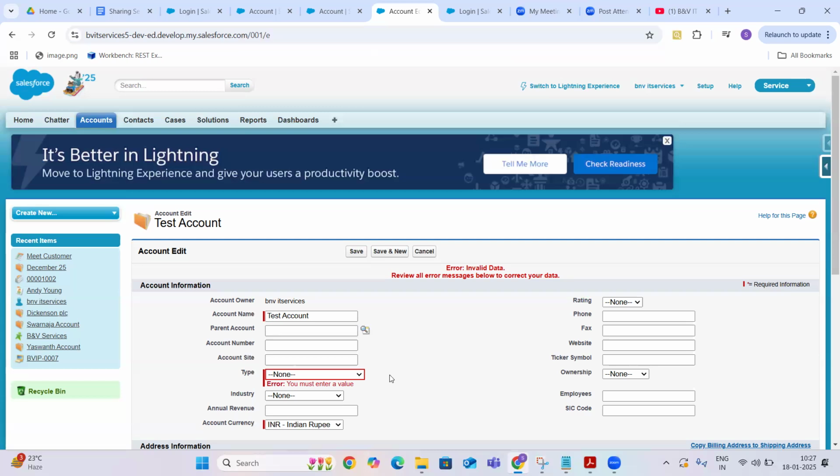Okay. But basically, validation rules work like this: at the time of saving the record, that means either creating the record or editing the record, if you want to put some validations, and all the validations are satisfied and pass, then only your data is going to be stored in the database. Otherwise, it is not going to be stored in the database. That we call validation rules.